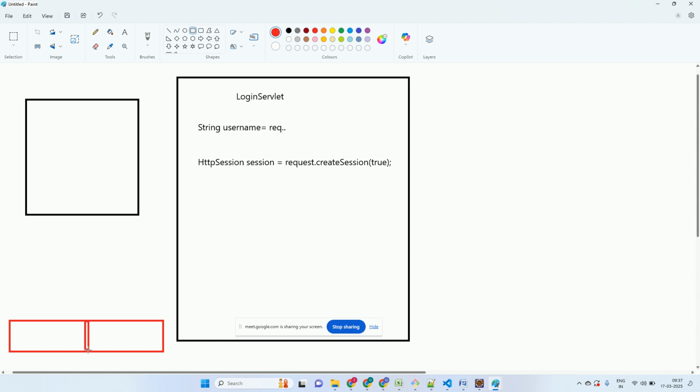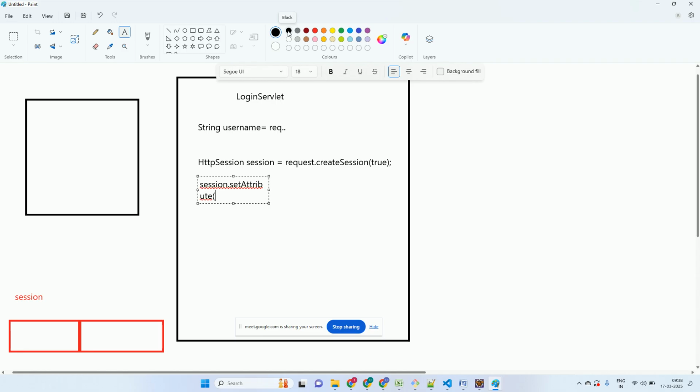Right now I'll just put some two indexes over here. Okay, and what is the name of this array? Session. And then to add values in this array, we have setAttribute. So I will say session.setAttribute, and then the key, that is the index, I will give as user, or I will say loggedInUser. What is this? This is the key, and the value I'll give as